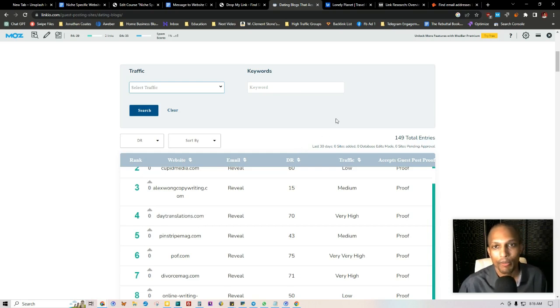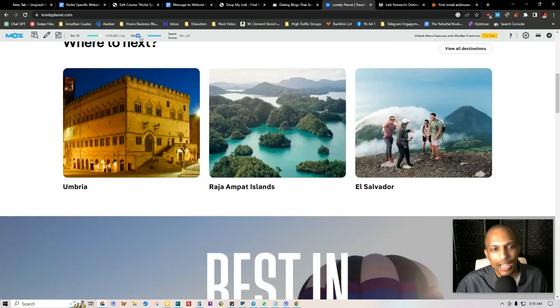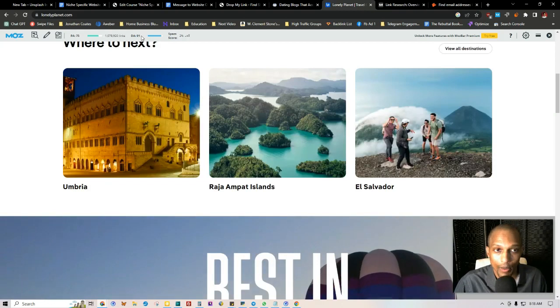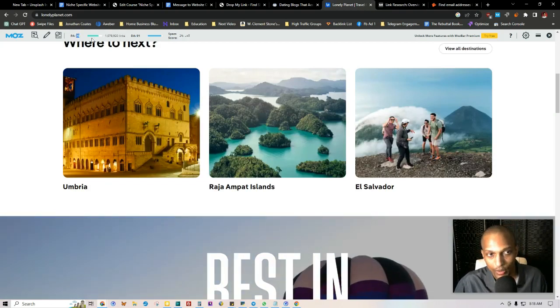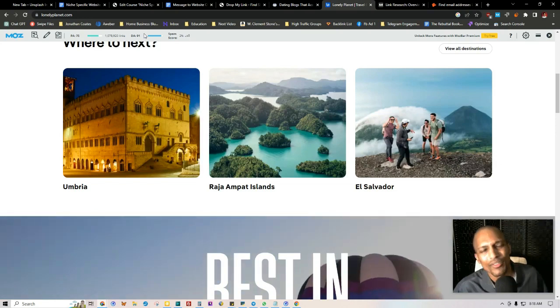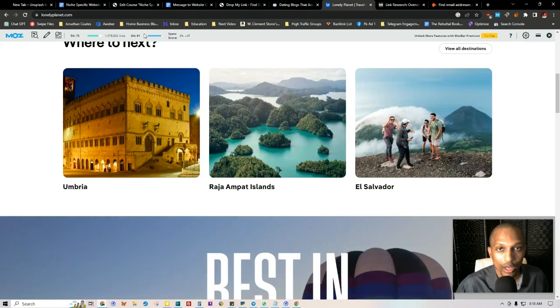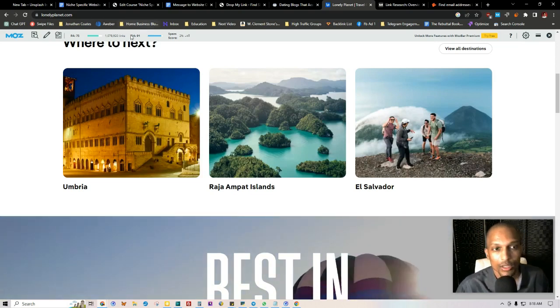So I have all of this information in the description below. You can actually use websites like hunter.io, where you can put the website in and it'll give you the email address. Anything that's above 50, honestly, even above 30, is good in regards to the domain authority and the page authority as well. So the more domain authority it has, the higher the likelihood that Google and the search engines view this as a website that they recommend. In their eyes, this is a website that's useful and helpful, has a high authority in that marketplace and niche. So the higher, the better.